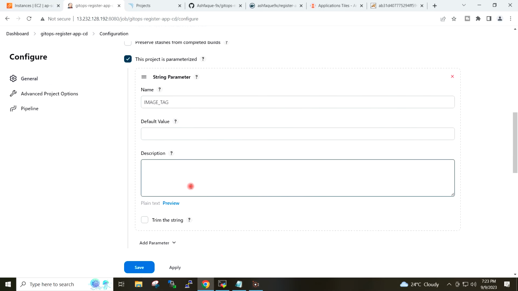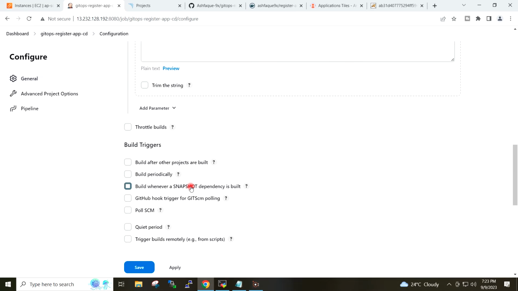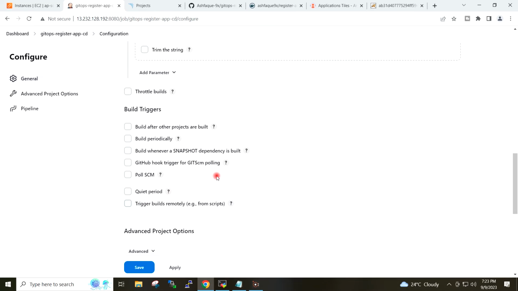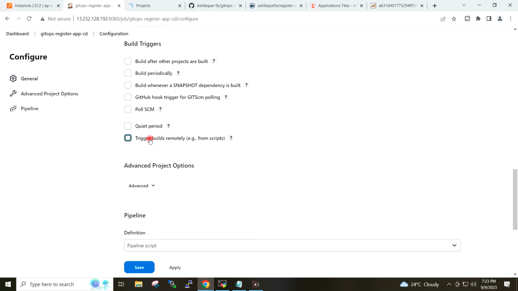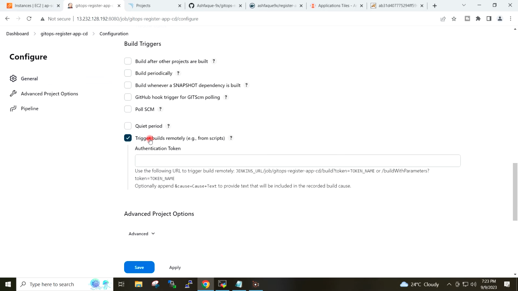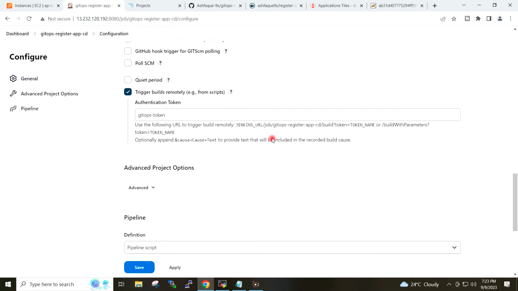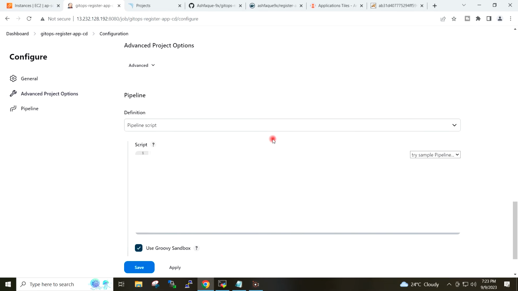And then I will tick here on trigger builds remotely, and I will give the authentication token name gitops-token, and